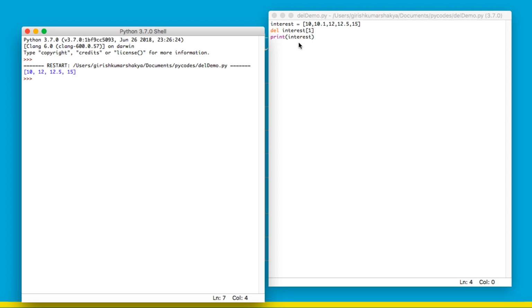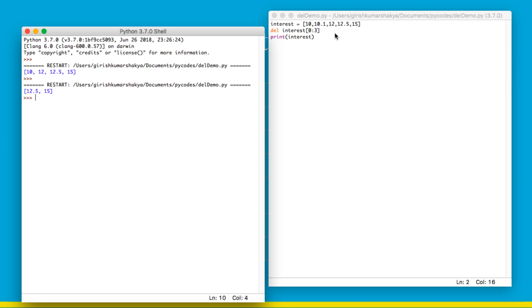You can also delete the items within a range. For example, I want to delete from 0 to 3. So 0, 1, 2 up to here, because 3 is the length, it will be deleted, and when I run it, you will see the output once again. See, so now it is deleted up to here, 0, 1, 2, up to index 2, because the length is 3, and the remaining will